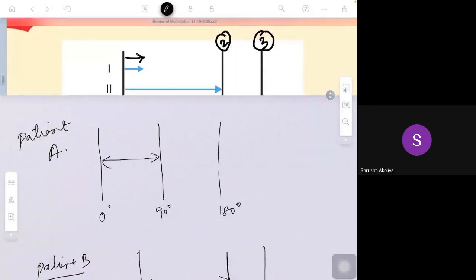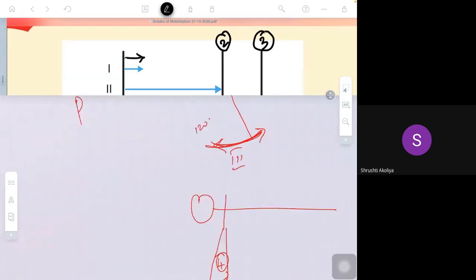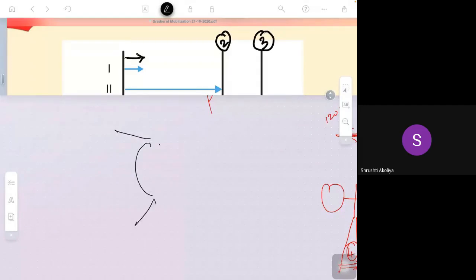Why is the available range of motion reduced? Because joint play is reduced. Why is joint play reduced? Because the joint capsule is tight. If the capsule is tight, then the joint will not move properly. Here, if this is the glenoid cavity and this is the humerus, and this is the joint capsule, imagine the capsule is tight here. This is called the inferior capsule. Suppose the inferior capsule is tight.